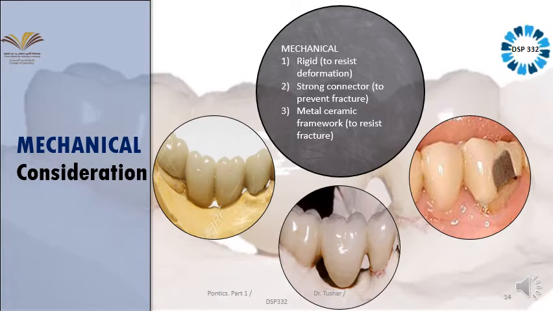Second thing is that if you did the crown preparation properly, but your technician made the metal framework very thick, the space that should be occupied by the ceramic, he has encroached upon with the metal framework. So automatically your ceramic layer will be thin. Because of that also you can have this kind of chipping off of the ceramic layer.